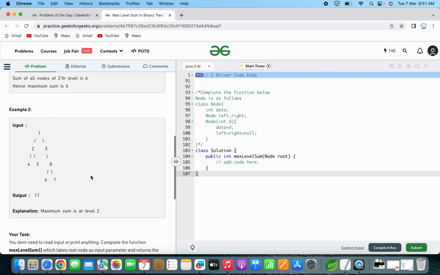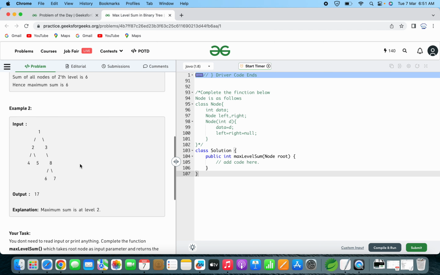In the second example given, it is said that output is 17. So here we can see at this level, that means the level is 2, we have got the maximum sum, where 8 plus 5 is 13, 13 plus 4 is 17. So for solving this question, this binary tree will be given as an input, so the root will be